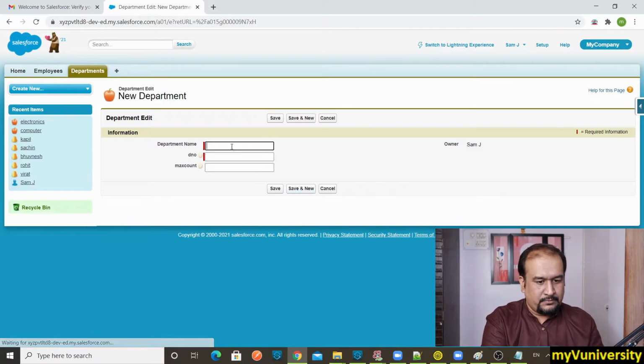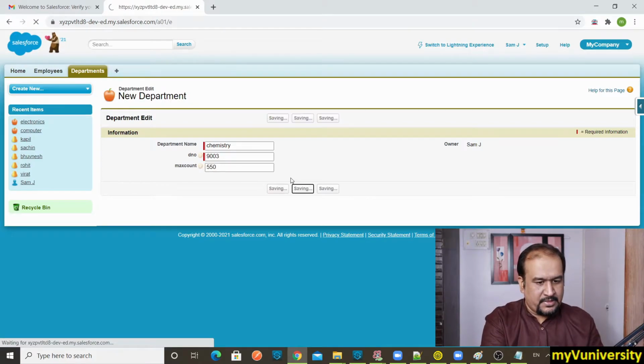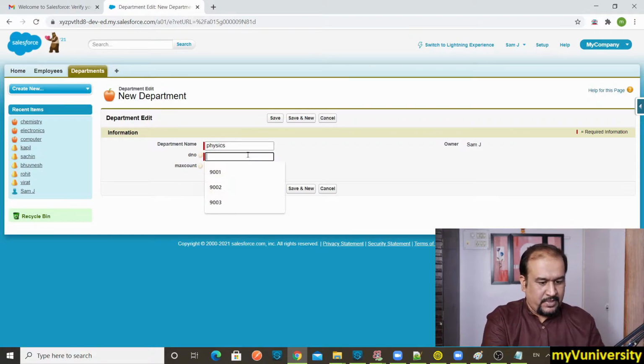Save and new. Let's say chemistry is the department, 9003 is the department number, and 550 is the maximum count. Save and new. Physics is the department, the code is 9004, and max count is 120.